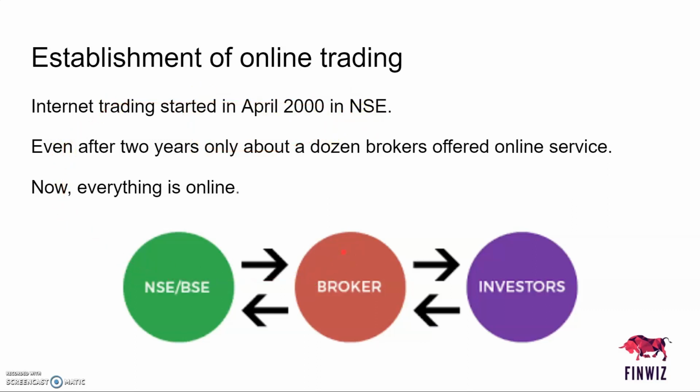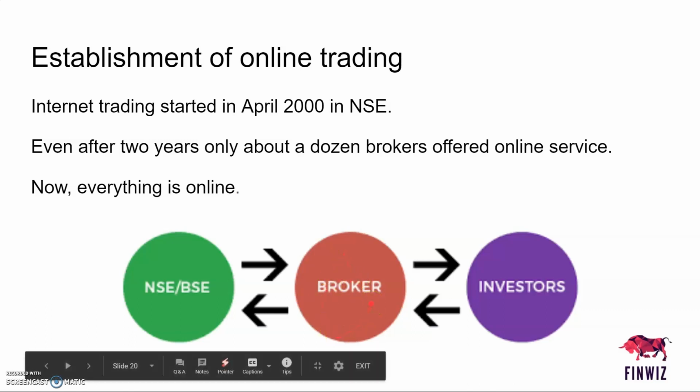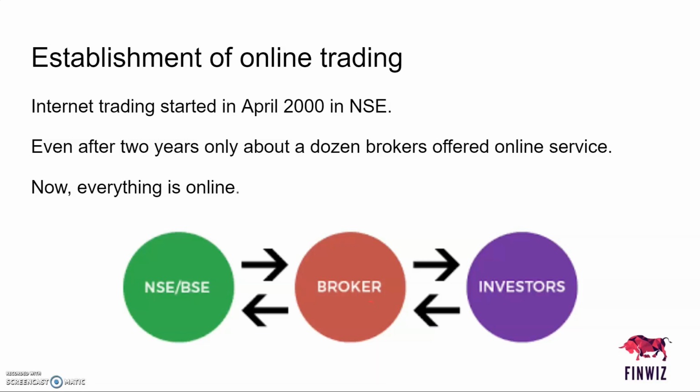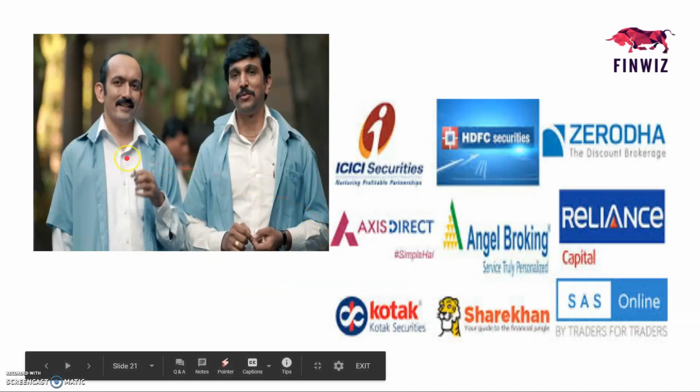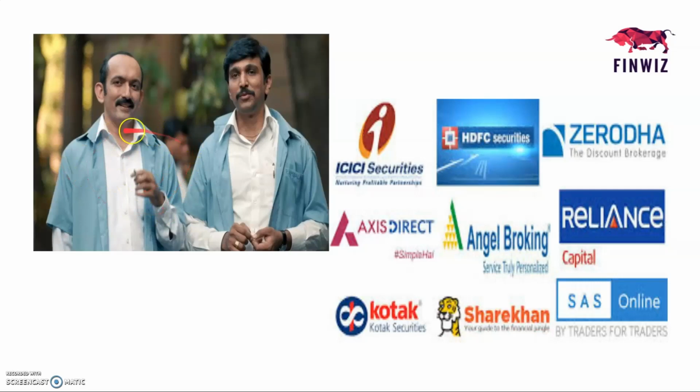So the basic rule which you need to know about trading is that you need a broker for the execution of a trade. The investors go to the broker with their orders, and the broker in turn deals with NSE and BSE and places their orders in NSE and BSE. The investors can't directly place their orders in the NSE and BSE. In the early 90s, during the offline trading days, there were jobbers who used to do the brokering job. Now the brokering job is being handled by some online companies like Zerodha, Angel Broking, Upstox, etc., which allow us